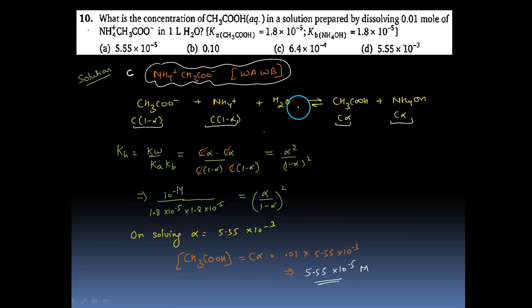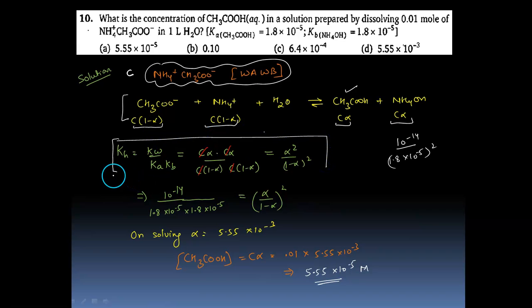Right? So we can see that it's a case of salt hydrolysis, and we have to find the concentration of acid, which is C alpha. What is this reaction? It's a salt hydrolysis. For a salt of a weak acid and weak base, the formula is Kh is equal to Kw upon Ka into Kb. Now we can see from here that the value is Kw, which is 10 raised to power minus 14, upon this, 1.8 into 10 raised to power minus 5 whole square, that is not negligible. Therefore we cannot assume Kh is equal to just alpha square. So we'll have to actually solve the entire quadratic expression.